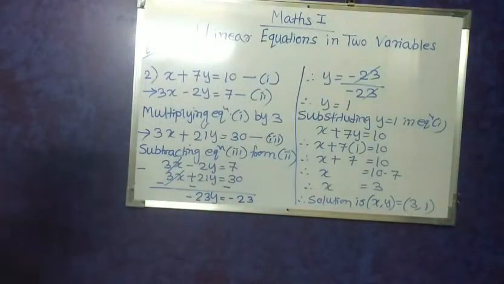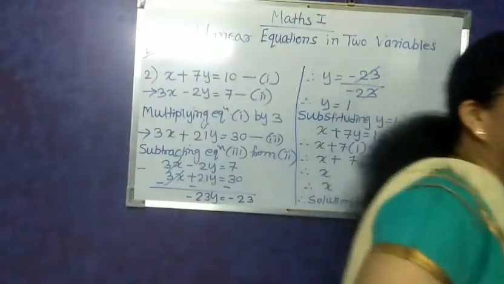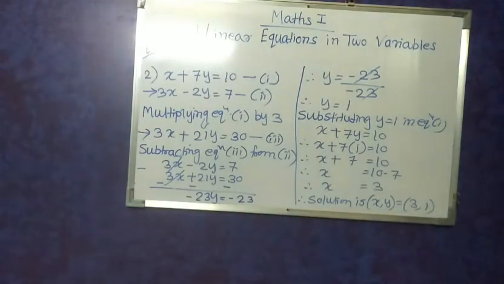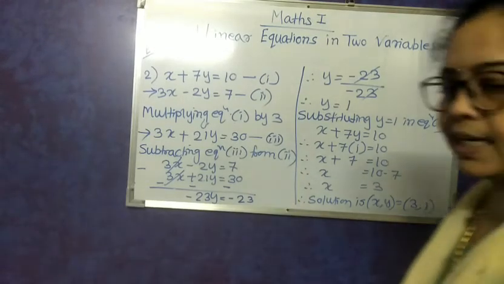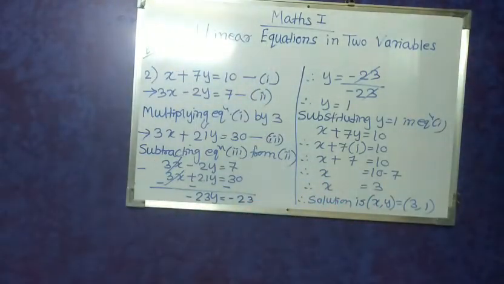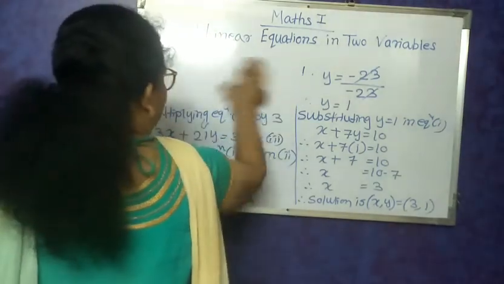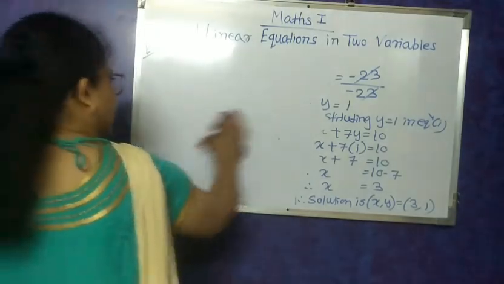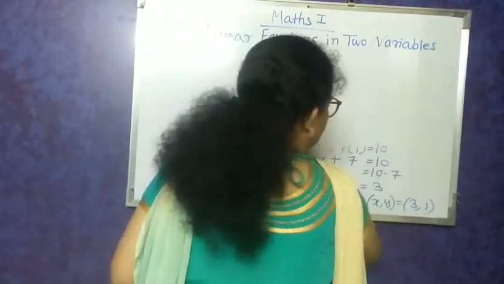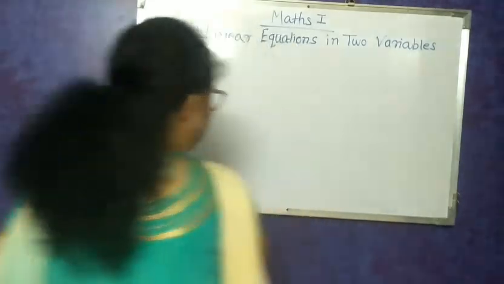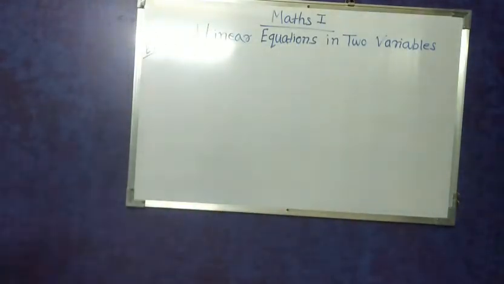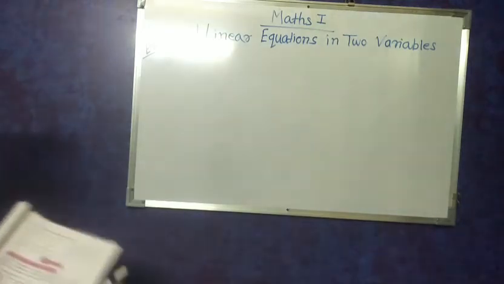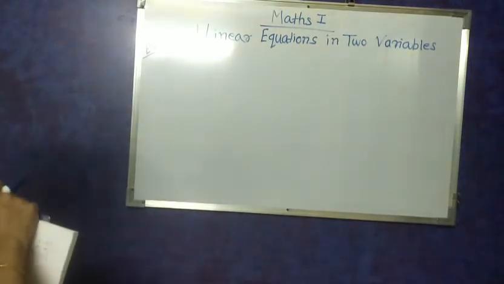Okay? So this way we can solve the simultaneous equation when the coefficients are the same, as well as if they are not the same, we can equalize them by multiplying with the other equation's coefficient. Okay, so based on that, I'm going to give some homework. I already said that you have to complete it in the same notebook. For Maths 1, Maths 2, you have to prepare different books. And whatever I am teaching, whatever I am writing, whatever sums I am solving on the board, you have to copy each and every sum in the notebook.